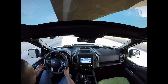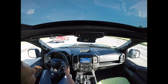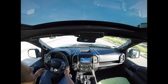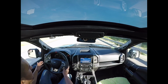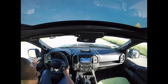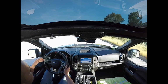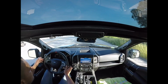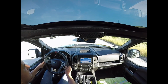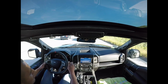And on the dirt, it just doesn't make any sense. A truck that handles like this one does on the dirt, it feels like it shouldn't feel this good like a sports car on the road, and vice versa. Something that feels this good on the road, you wouldn't think could handle that well on the dirt or sand or what have you. Another thing about the Raptor, when you're off-roading in it, you read the forums, and there's a couple things online. I haven't seen too much of it on YouTube, but a lot of people, their preferred setting for performance, and they're right to a certain extent, instead of putting it in Baja mode, they like